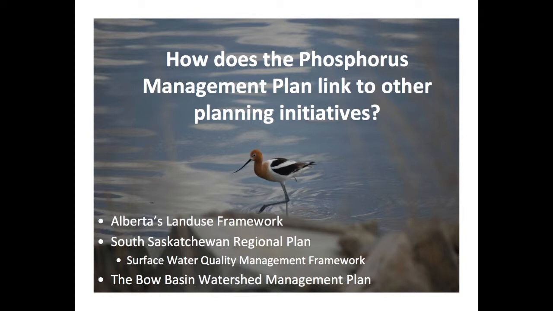So how does the Phosphorus Management Plan link with other planning initiatives? Well, we have the Alberta Land Use Framework, under which regional plans, the Alberta Land Stewardship Act actually is the act which allows the creation of regional plans. We've talked about LARP and how it's already been finished. SSRP, you know, a lot of you don't know this, but it actually started around 2002, it was called the Southern Alberta Regional Strategy. But if you think of the acronym, it's SARS, so the name was changed.